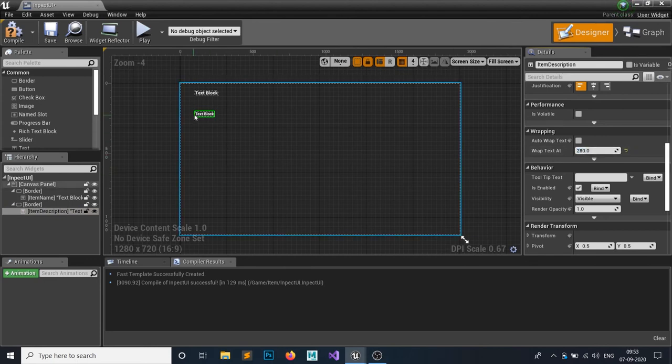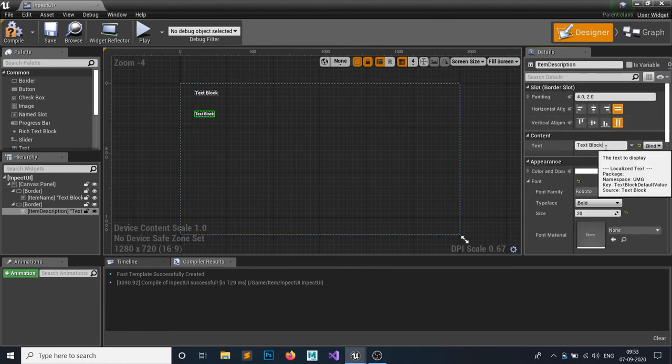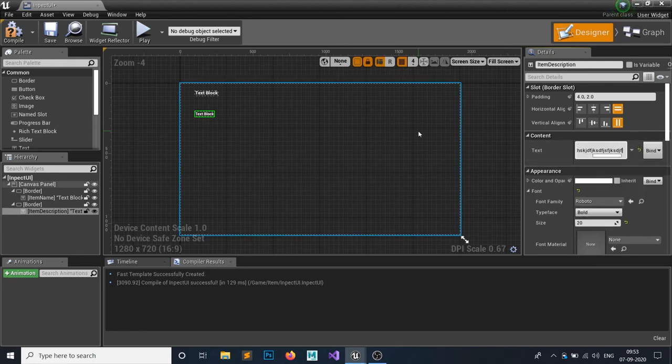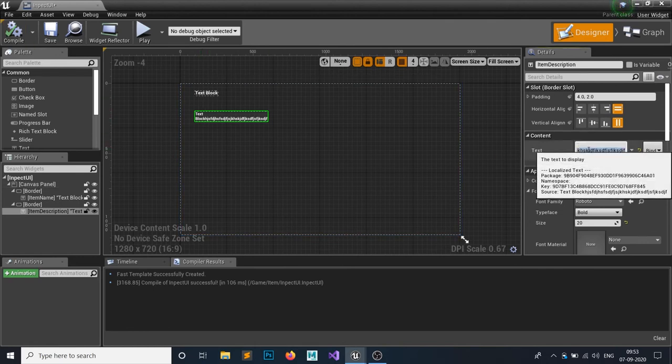If the size of the text is greater than 280, then it will wrap to the next line. If we add something like this and compile, you can see it adding like this. So it will attach it to the next line.